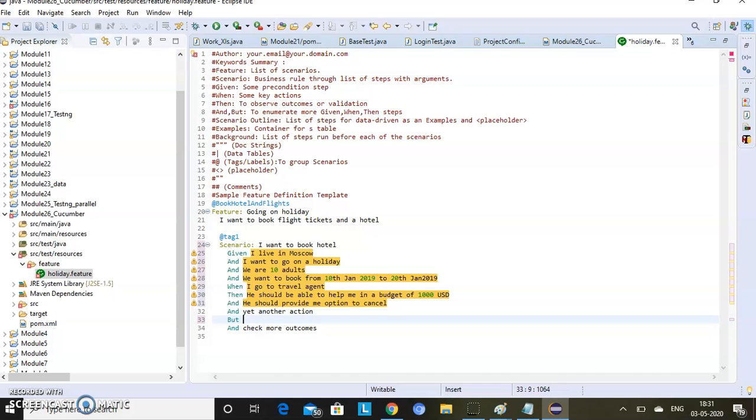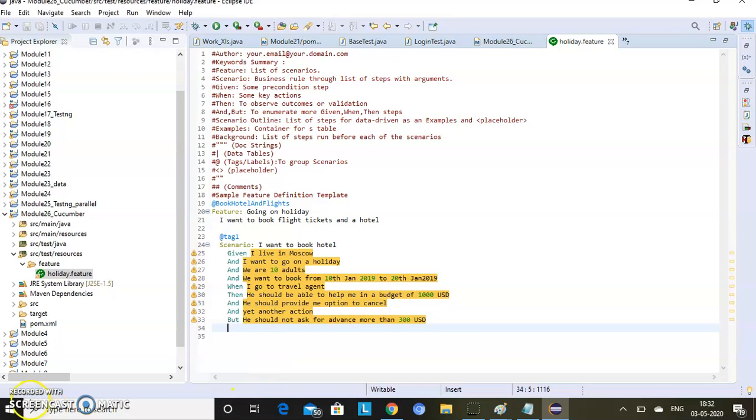Like that, but he should not ask for advance more than 300, because I too have some condition. So this condition comes under it. You can remove it. So these are some simple steps, fine, you can use it.